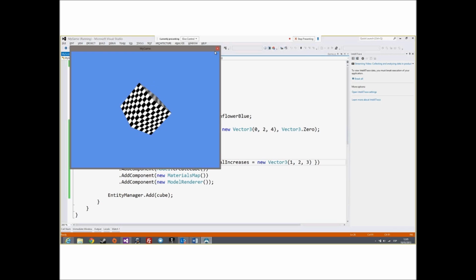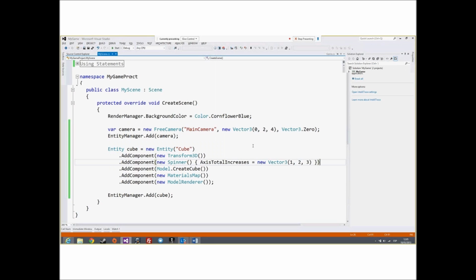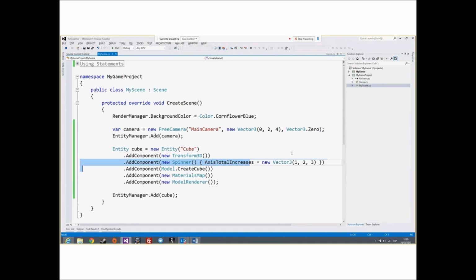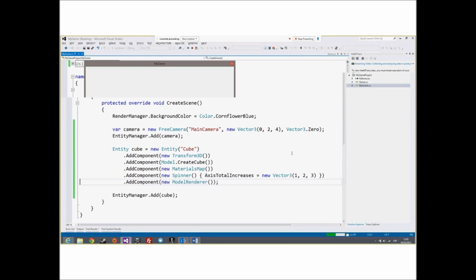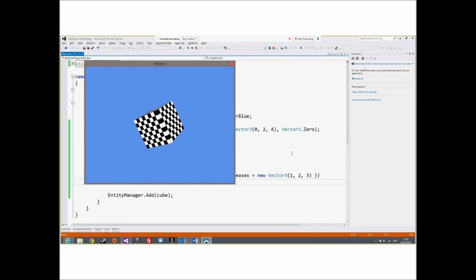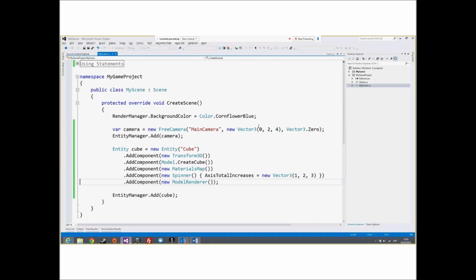And it's interesting how we can change the behavior of the entity dynamically, and how we can change the order of this component. Oh, sorry. Put this here, and we have the same result. Okay, now I'm going to remove the spinner component and explain to you how you can create a new custom behavior.